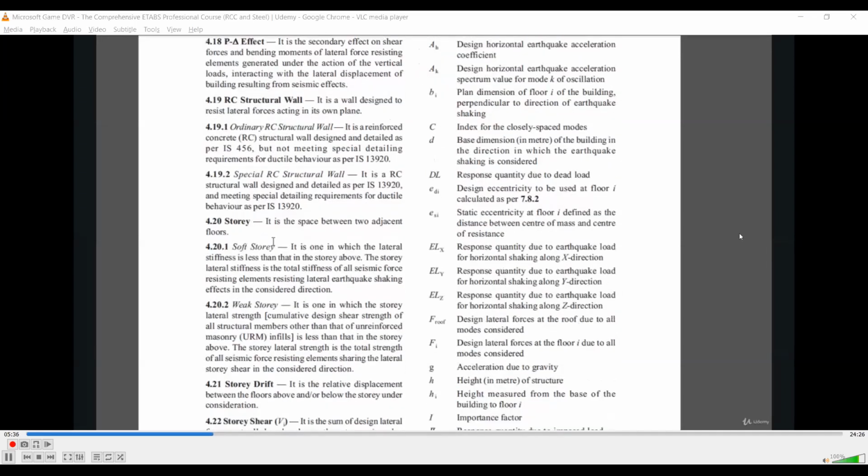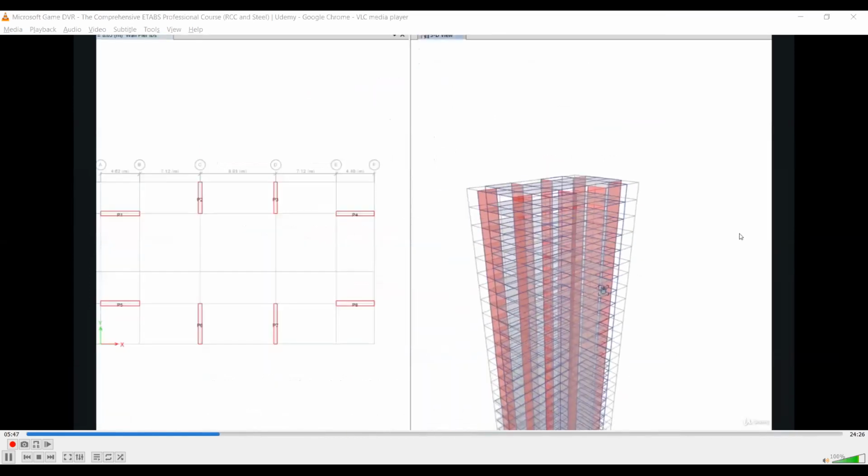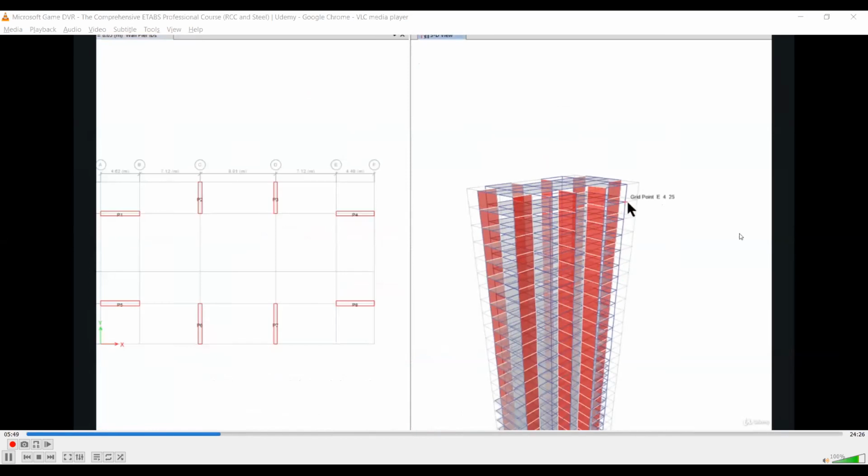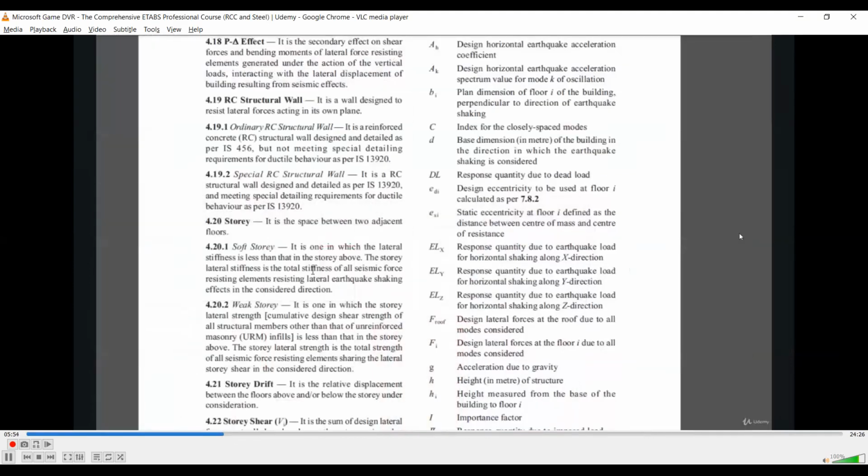Now there are two types of stories, soft story and weak story. Both of these stories are prohibited as per the latest standards. Soft story is the one in which lateral stiffness is less than that in the story above. That is when we are considering this ETABS model. For example, if the stiffness of this floor is less than the stiffness of this floor, then it will be called a soft story.